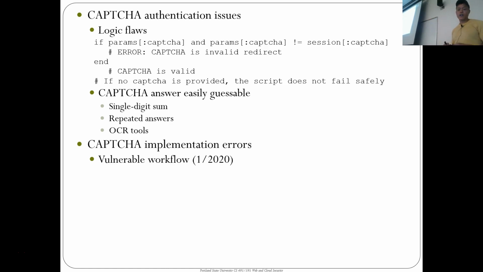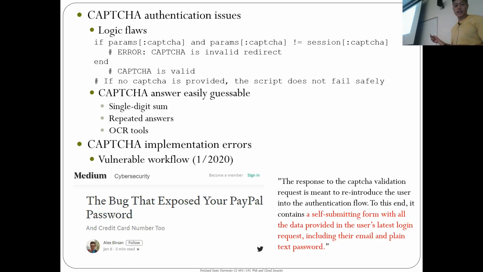And then finally, there are CAPTCHA implementation errors. There was a vulnerable workflow that I mentioned earlier in this class, where in PayPal, the response to the CAPTCHA validation ended up sending the user's login credentials in the clear across